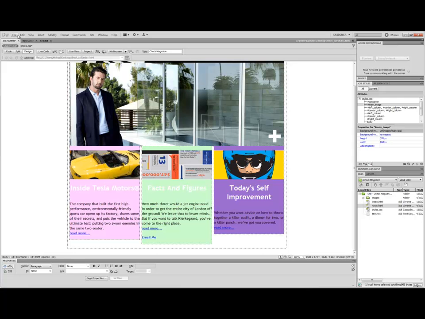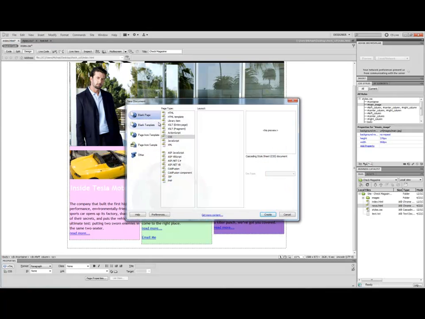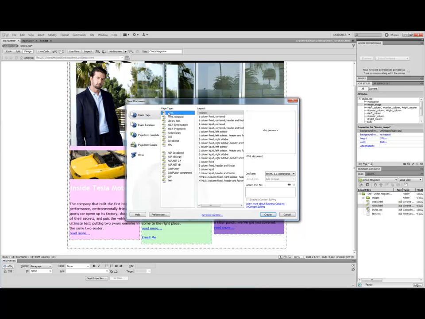Obviously we did this by hand, but if we went to File, New, and went back to HTML, we have some templates that have already been created for us. Let's just go to something like this or something like this. Okay, so here we have two column, and this is liquid. There's a left sidebar, a footer and a header. If we click on create,